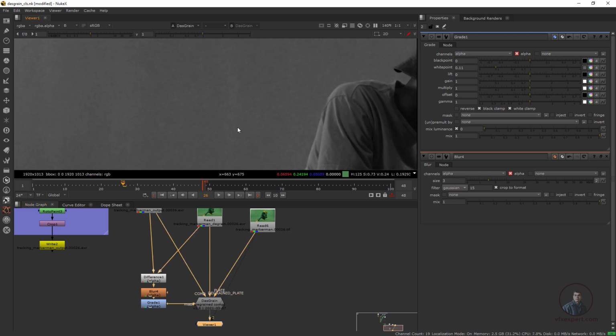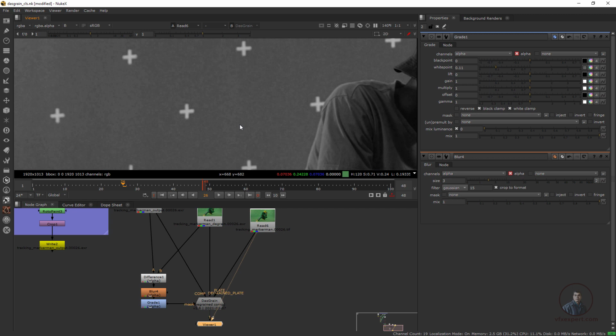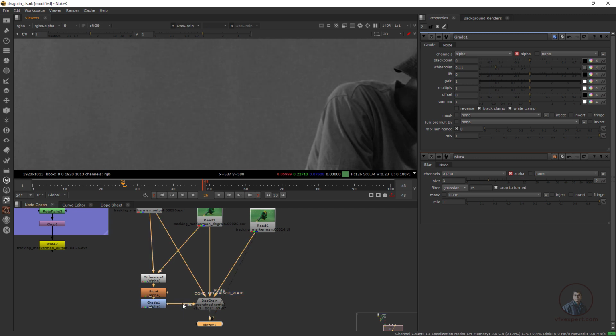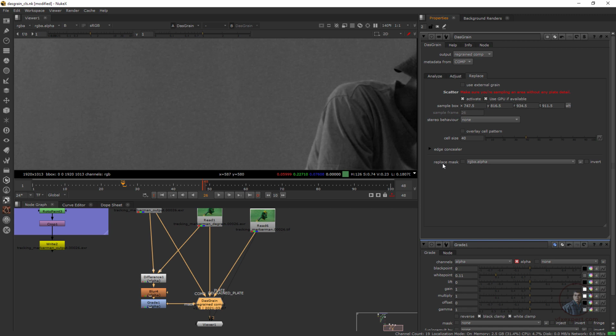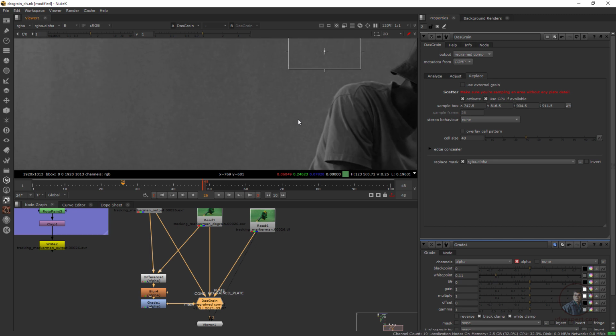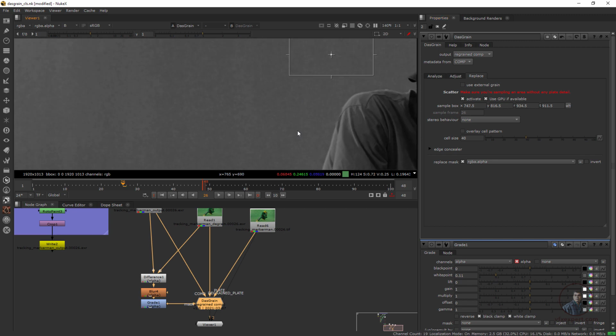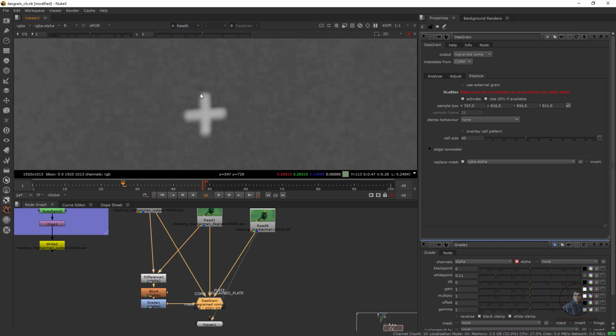So 1 and 2, 1 and 2. Still we are getting differences here, because we also have to activate this mask input. For this, again double click on this degrain node, then enable this replace option. Downside you will get this replace mask here. Now we have to check this one. Now if we compare 1 and 2, we can see that we only get grain in this paint area or cleanup area here.